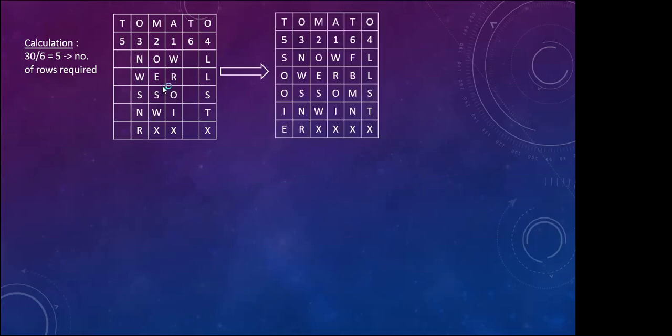So we will write down the keyword and number the keyword accordingly, and according to the numbers we will fill up the columns with the ciphertext. First we fill the first column, then the second column, and go on to fill the whole table. After filling, we read the table row-wise, and then we get our plain text.